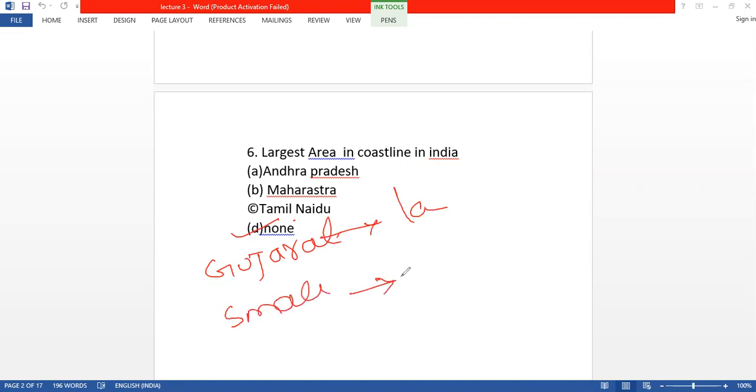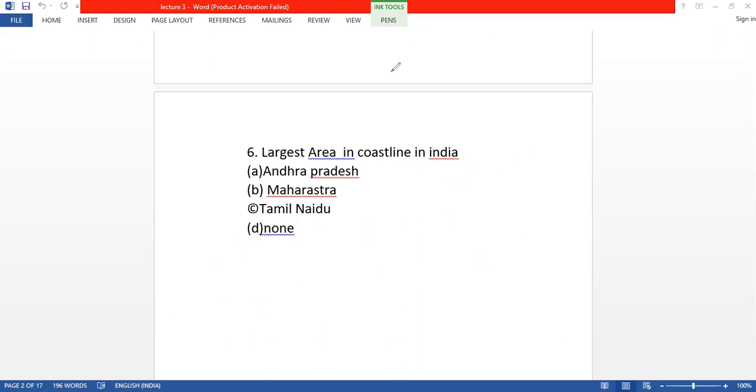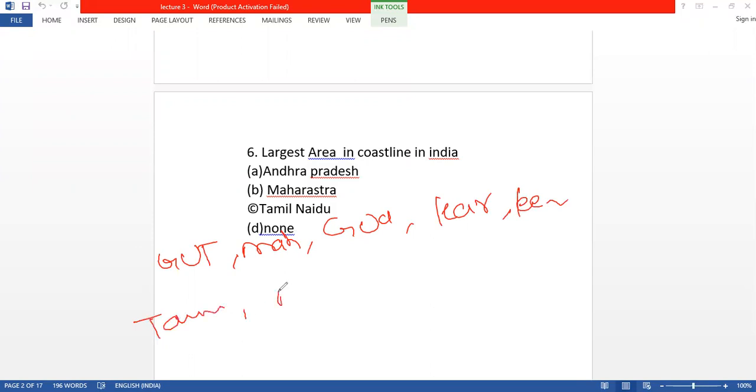Goa. In total, how many states have a coastline? It is, sorry, 9, not 7. It is 9. If you ask me the names of these states, they are as follows: Gujarat, Maharashtra, Goa, Karnataka, Kerala, Tamil Nadu, AP, Odisha, and